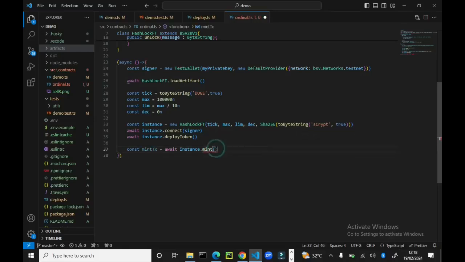Okay, let's mint 10 of the Doge, sorry, not 100, 10 is okay. So let's mint 10, and after minting let's log the transaction ID to the console, so that we can check it on WhatsOnChain to see what we have just deployed and how BSB20 version 1 looks like. So let's console log